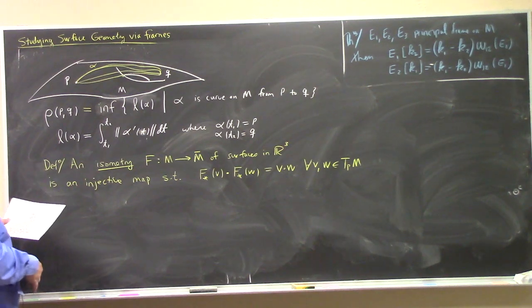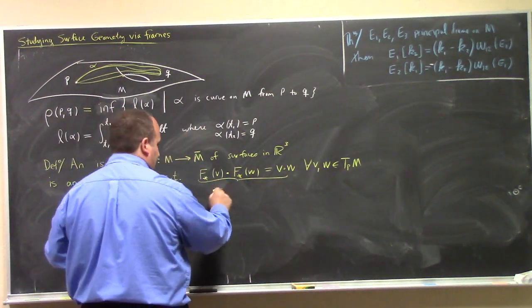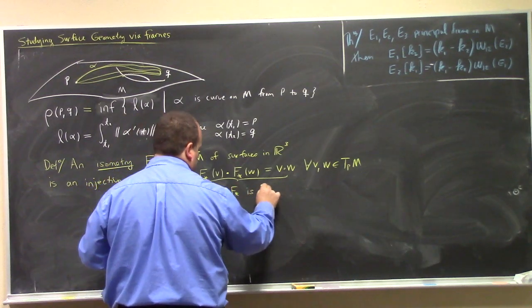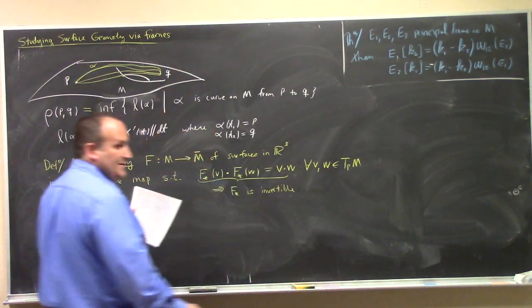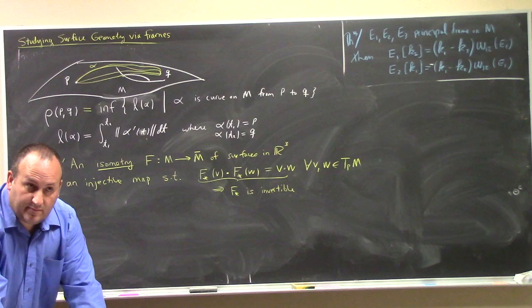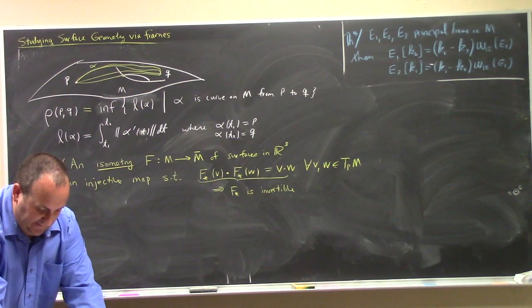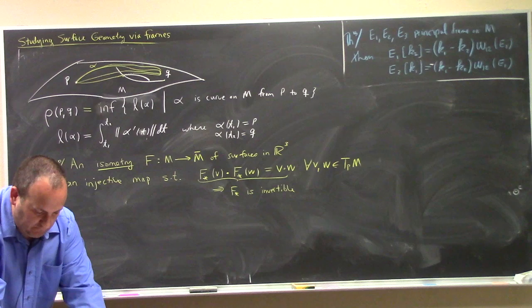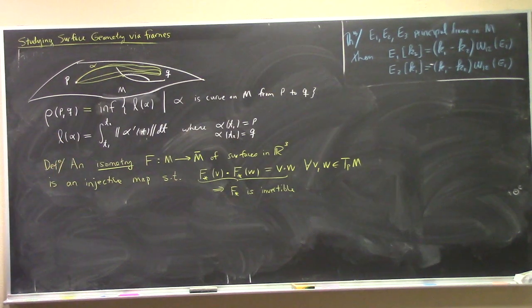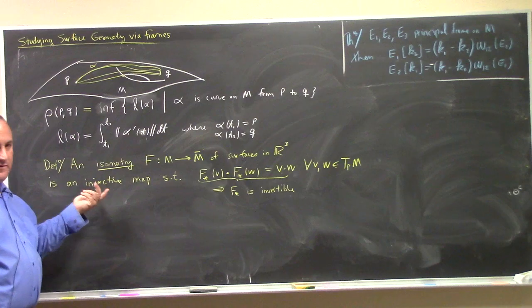I say thus the differential of an isometry is invertible, since this condition implies that F star is invertible and lots of other nice things, actually. It's much stronger than that. That was the condition which gave us that it was an orthogonal transformation, which is in fact linear, and it satisfies that very nice orthogonal transformation stuff. So in this case, it follows then that the inverse of an isometry is also an isometry because